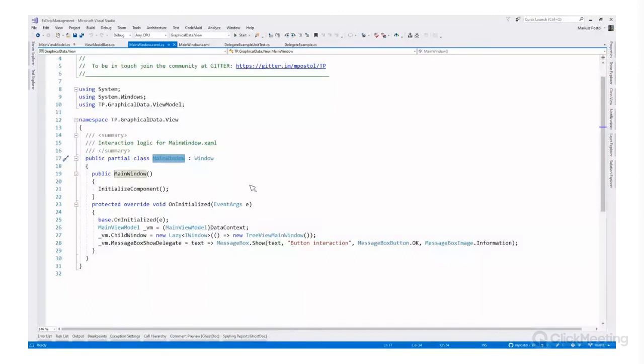It is not a good idea, because it is very difficult to test code in those files. We call this part of the class code behind. At least the C# code and the XAML code are coupled together. It must be coupled together,